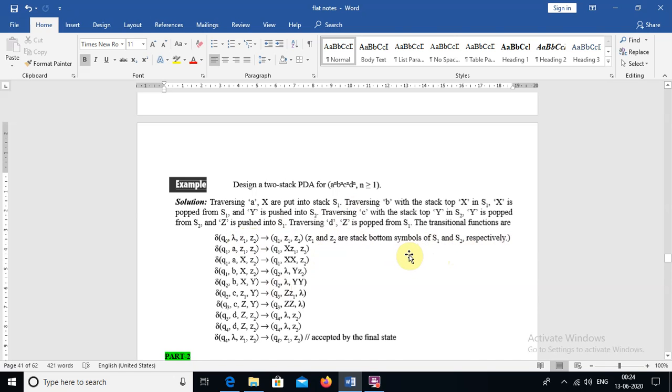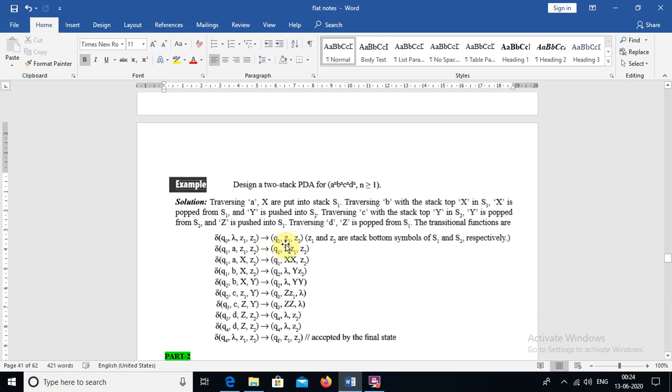Okay, so if you are in the Q naught state and you don't have any input string, that is lambda or epsilon, null, and Z1 is the initial stack symbol in S1, and Z2 is the initial stack symbol on S2, then you can transition to state Q1